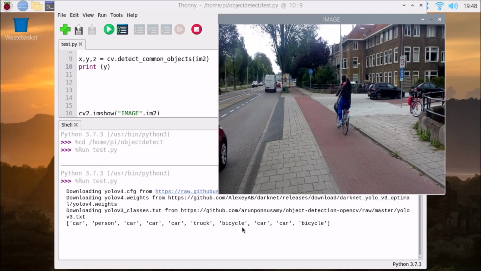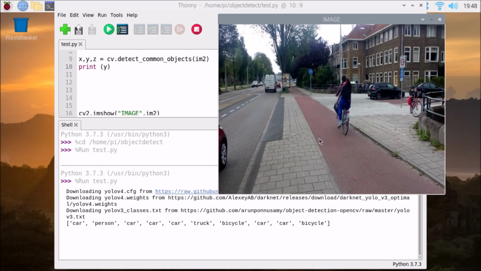Basically we have 1, 2, 3, 4, 5, 6 cars, 1 truck, which is this one, 2 bicycles, 1 and 2, and a person.